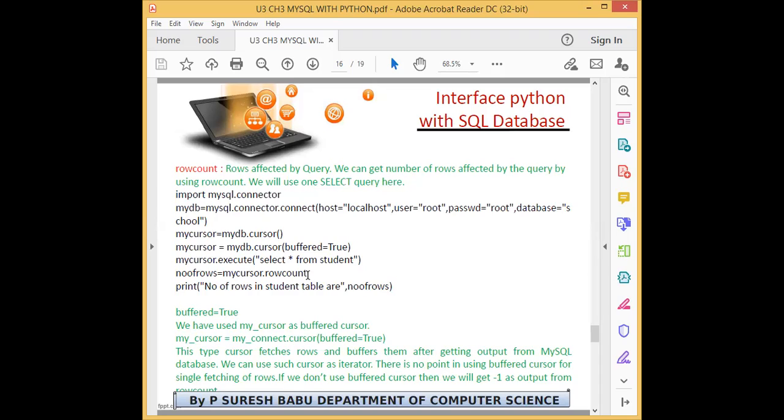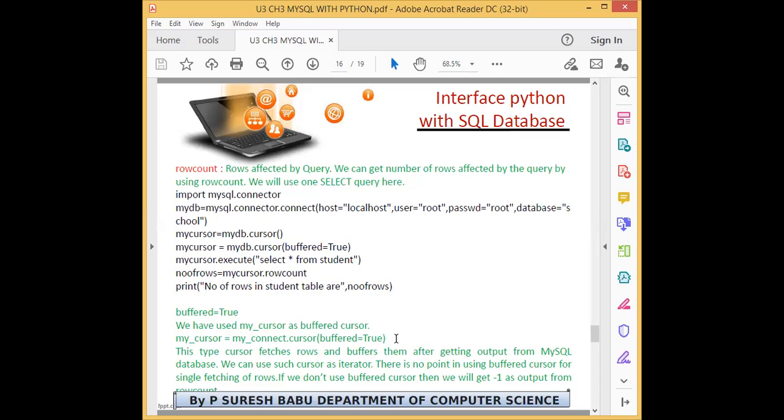So if you use the update command or insert command or delete command, that is all DML commands, they need the commit function. Okay, so that is operating on the records. So we should know how many records are affected by those commands. Okay, for that we have a function called rowcount.